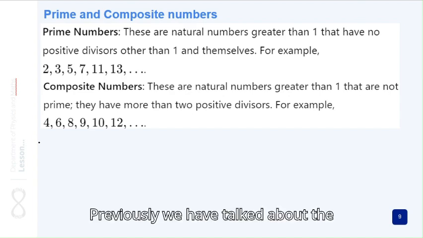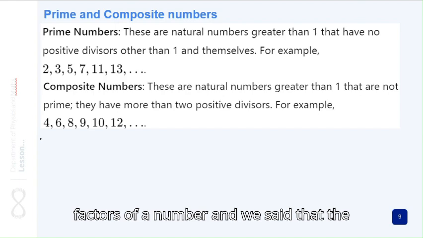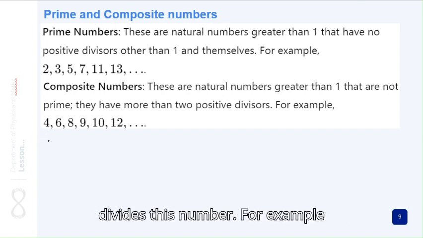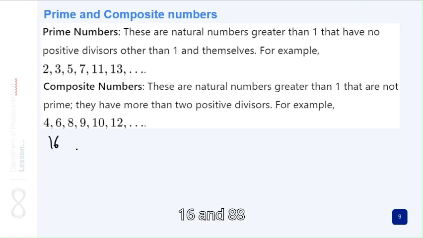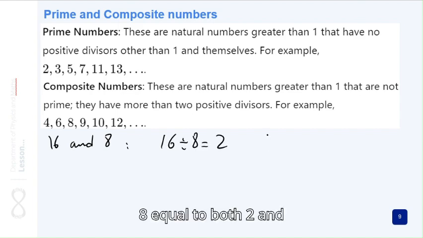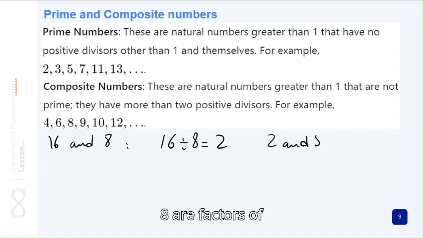Previously, we have talked about the factors of a number, and we said that a factor of a number is a number that divides this number. For example, 16 and 8. 8 is a factor of 16 because 16 divided by 8 equals 2. Both 2 and 8 are factors of 16. Now,